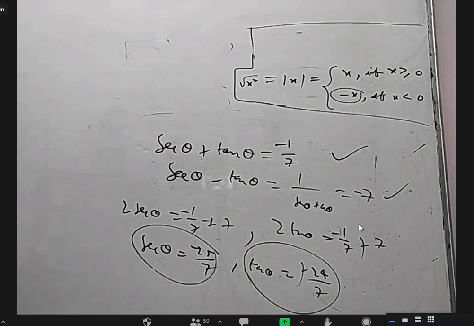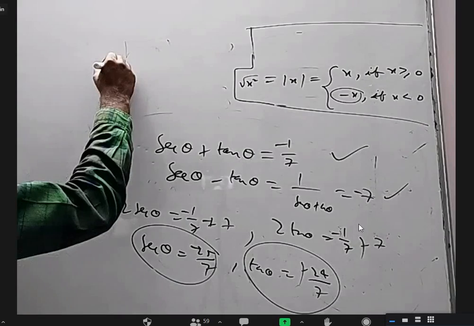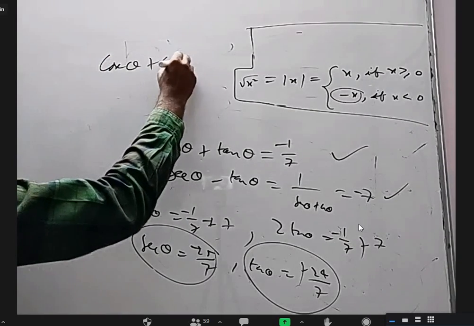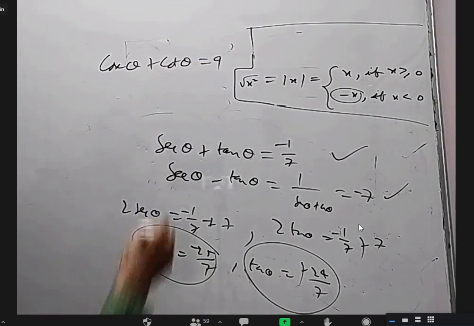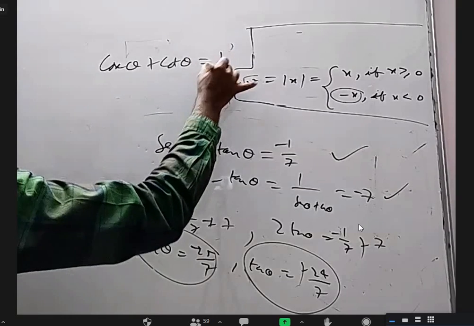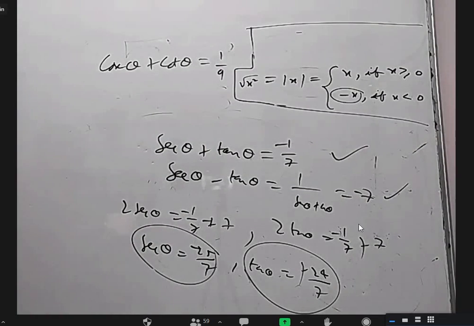Okay. Similarly, of course, we can also make a similar question. Cosecant theta plus cot theta is equal to 9 or 1 by 9, something. Then if I ask which quadrant theta belongs to, what is the process of doing it? Similarly, we have cosecant theta plus cot theta is 9, so cosecant minus cot is 1 by 9. Adding, we get 2 cosecant theta equals 1 plus 9 by 9, which is 82 by 9.